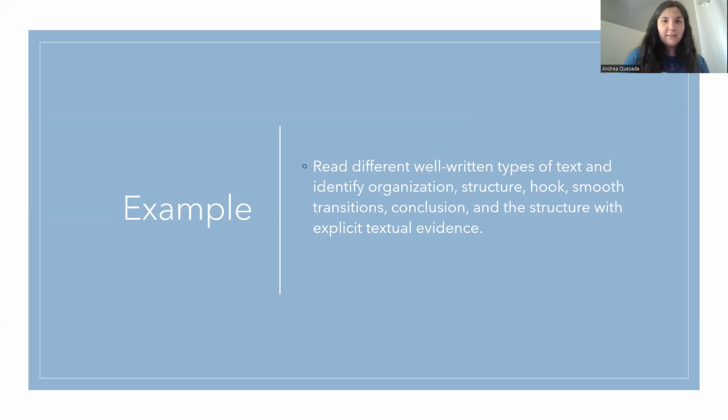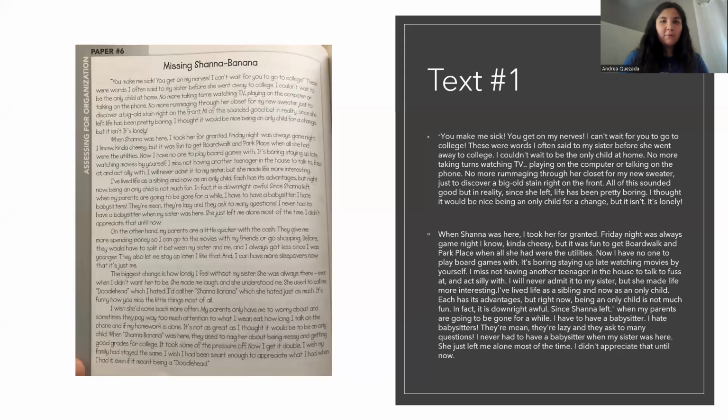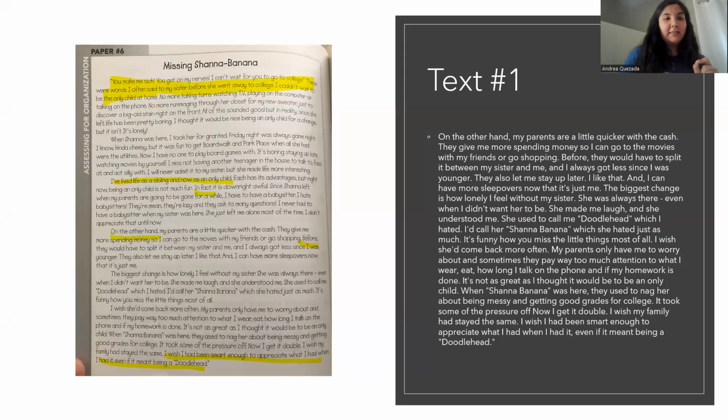An important part of this activity that I wrote in my applying lesson was to make sure they identified textually the evidence in the text. Text number 1 we will go through as a whole class, and it's actually from chapter 5 of Ruth Culham's book. This is Missing China Banana. I will go through it with the students, and at the end we will mark some places, and I would like them to write notes on the side.